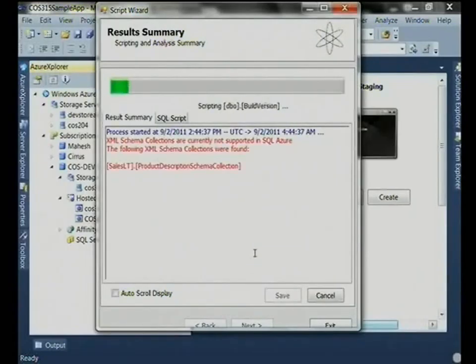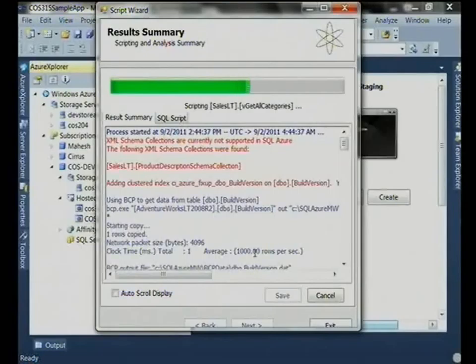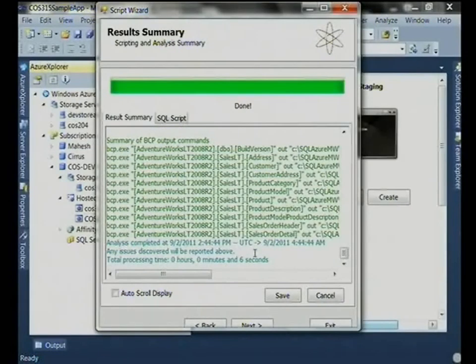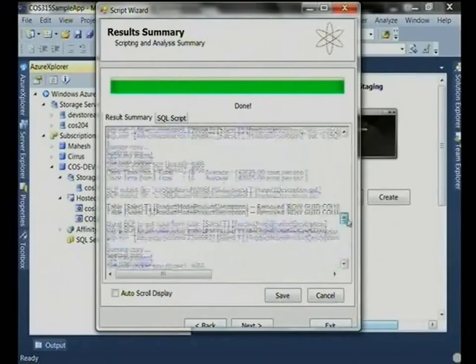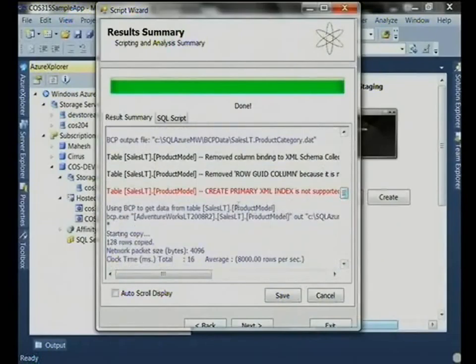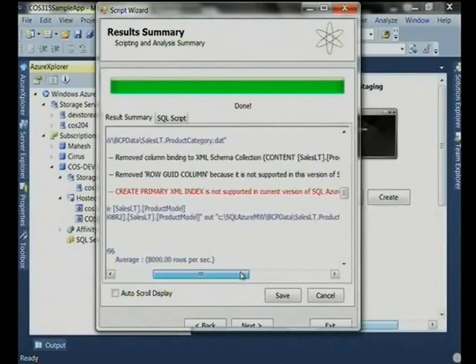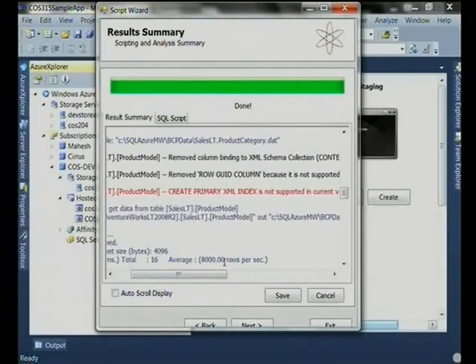Once you generate the script, I won't go ahead and do the complete. Notice that it actually starts flagging some of the things that aren't compatible in red. Those are the things that you've got to manually fix yourself. In a lot of cases, SQL Server 2008 R2 is not fully compatible with SQL Azure. There's a lot of things that will not work, things like if you've had CLR data types and so on. So in this case, what it's flagged is, let's have a look at it. It says it's got an XML index, and that's not supported in SQL Azure. So in some cases, you've got to manually fix some of these things and then get it to run.